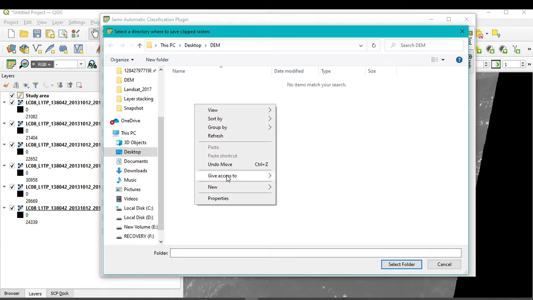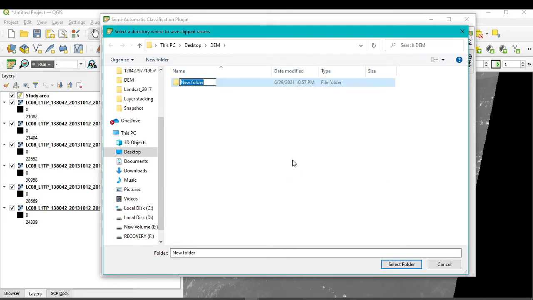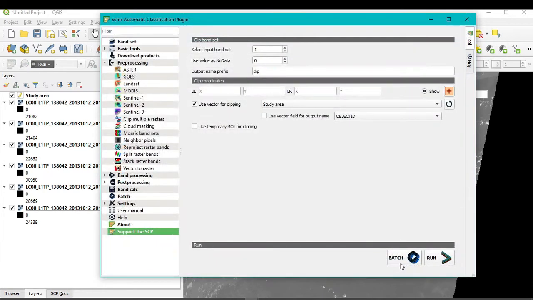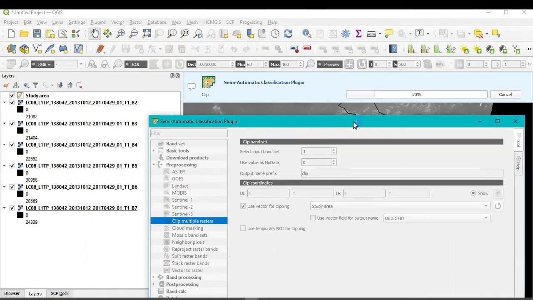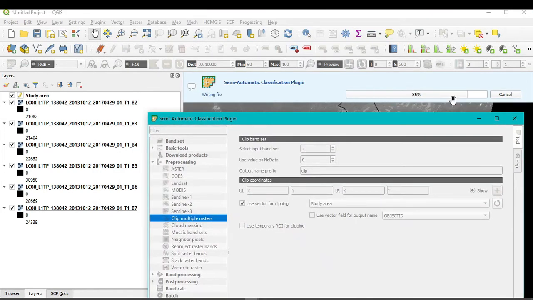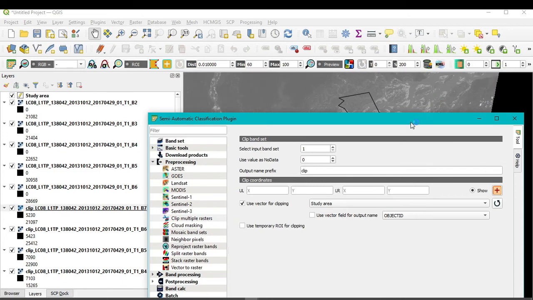So I will create one folder within this dem folder, and I will give this name as clip. So select this folder and you can see the process is going on. So the process has been completed.